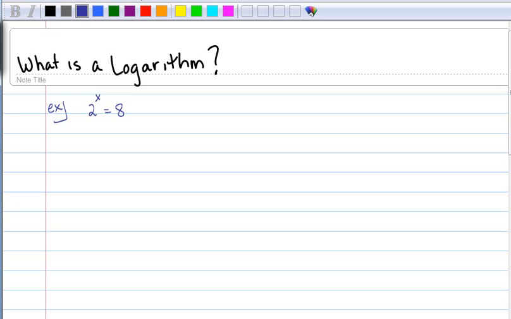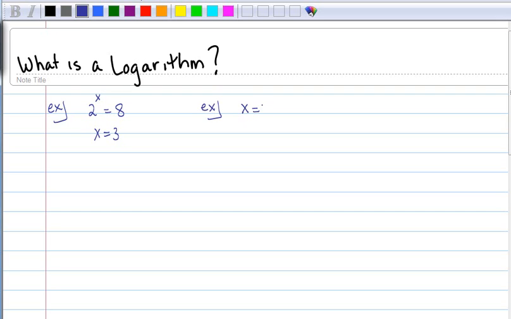So we can visualize the answer is 3 because 2 times 2 times 2 is 8. 2 raised to the third is 8. So we know the answer is 3. But say that was a 7 or a 6 and we didn't know the answer, but we still like to solve for x. So that's where we invented logarithms, to be able to solve for x. So x is equal to,